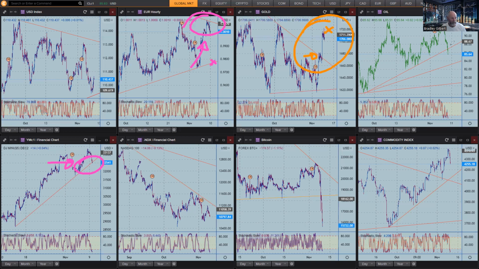We're starting to see oil start to fall back again, right? It's broken down through support. Next support level down here towards just under 83. The dollar index, well, it's picked itself up off the floor. NASDAQ, well, it's not as critical as the Dow Jones is, but I tell you what, you're going to see some significant moves here on the equity markets, right?